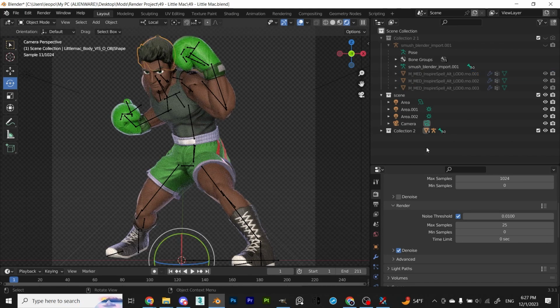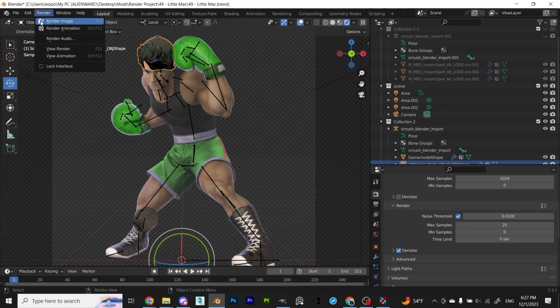I also had to render the hair separately to fill in the gap between the glove and the head.